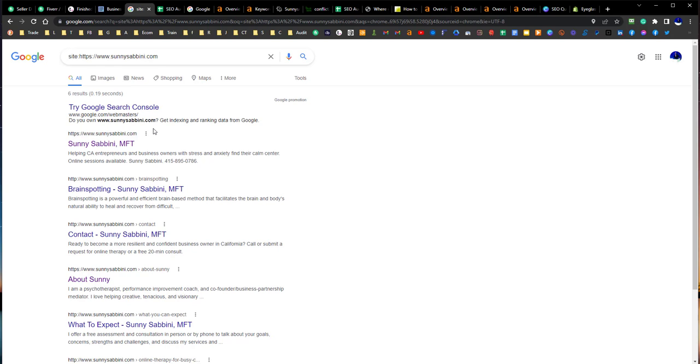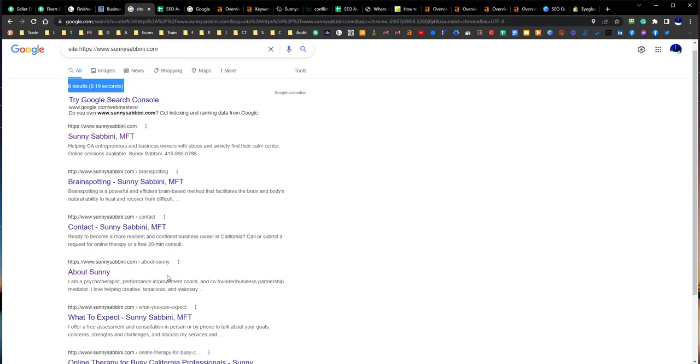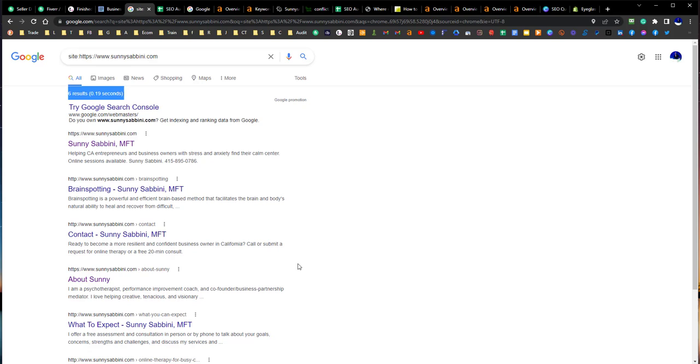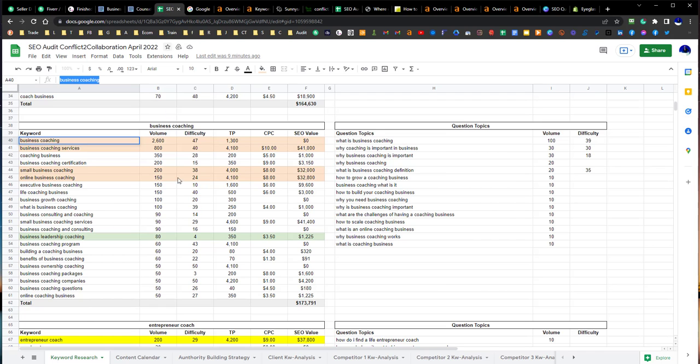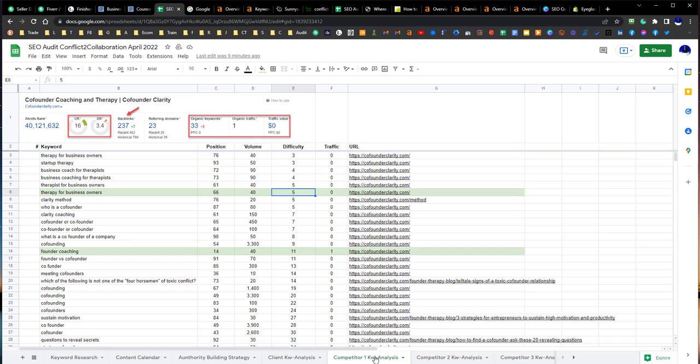Google has crawled this site already, so they already know that you have about 6 pages, and pretty much it's in their index. So whenever somebody wants to search for it by your name, you're going to come up. If you want to come up for topics or keyword specific searches, that's where your content comes into play. And we could see this with some of your competitors.